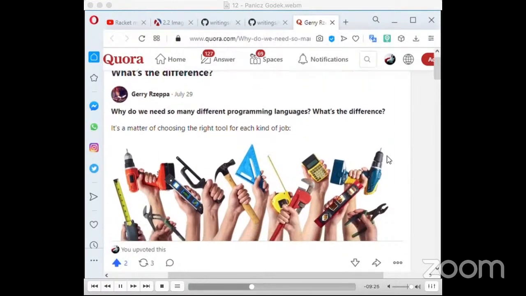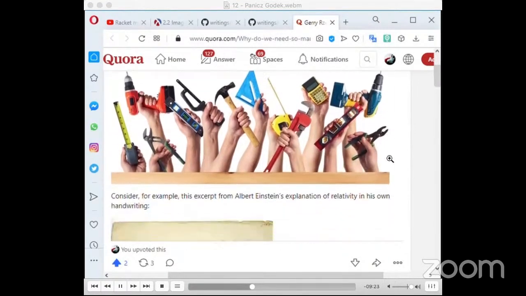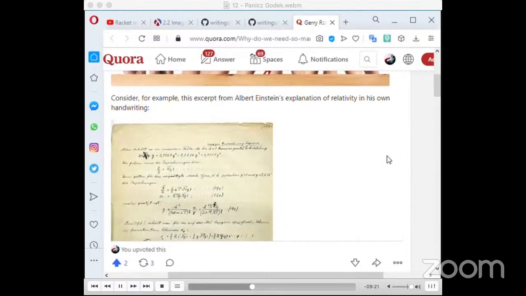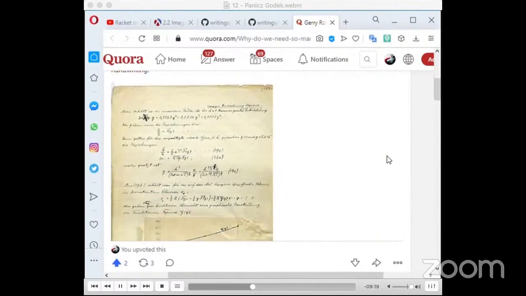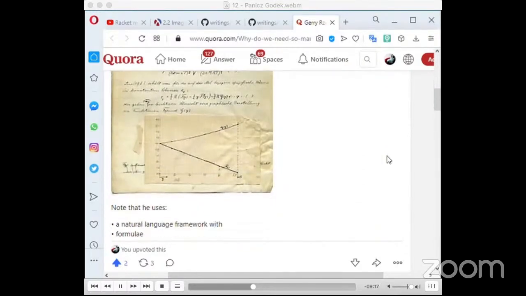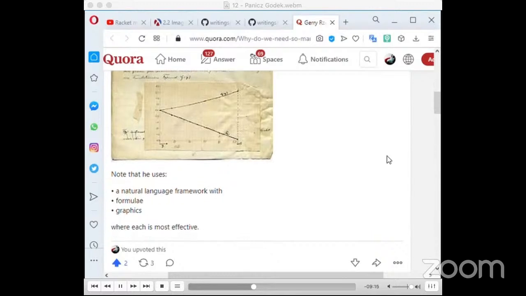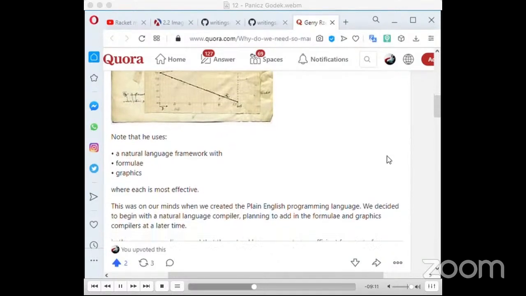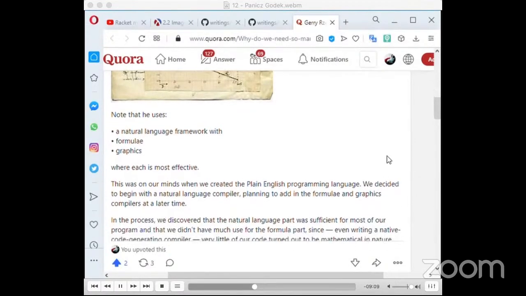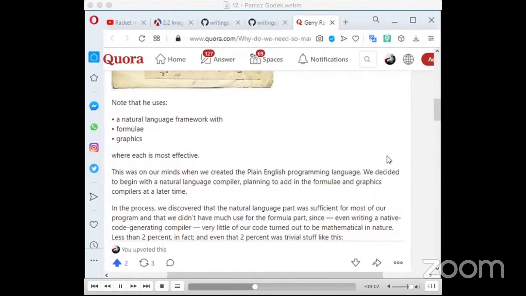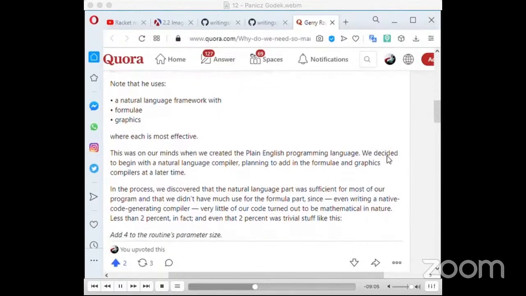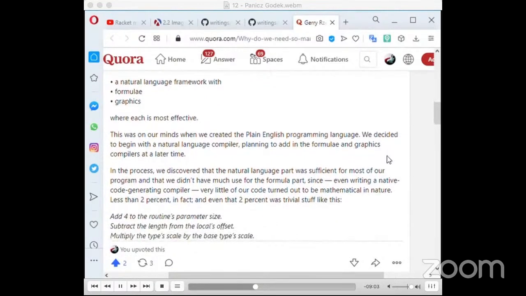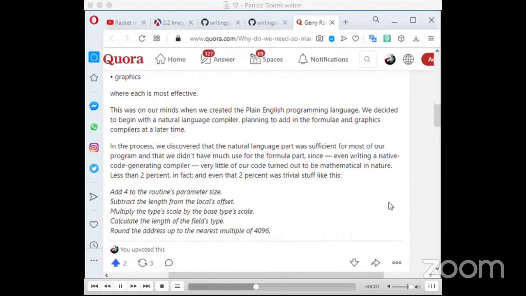It is a matter of choosing the right tool for each kind of job. Consider, for example, this excerpt from Albert Einstein's explanation of relativity in his own handwriting. Note that he uses a natural language framework with formulae, graphics, where each is most effective. This was on our minds when we created the Plain English programming language. We decided to begin with a natural language compiler, planning to add in the formulae and graphic compilers at a later time. In the process, we discovered that the natural language part was sufficient for most of our program, and